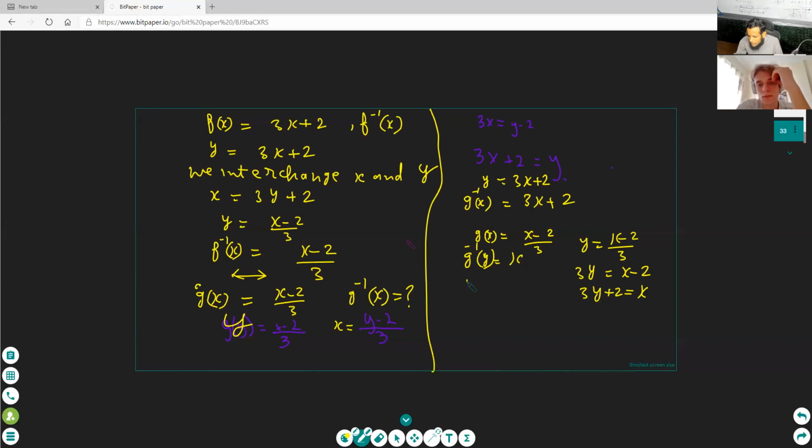See here, g inverse y. It is difficult. Some students think it is very difficult for them. But see here, our answer is the same. After this we replace, then 3x plus 2. It is clear. It is very easy for you to find any inverse function. You should use the above method. The above method is the short method. This method is also short, but sometimes you can make mistakes.